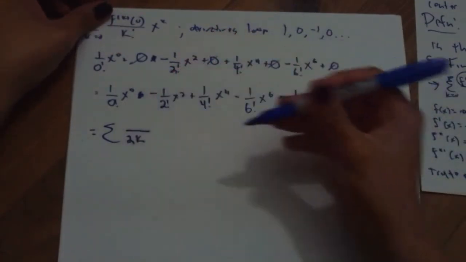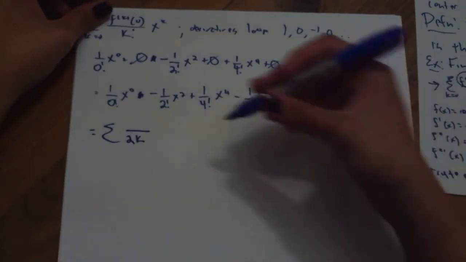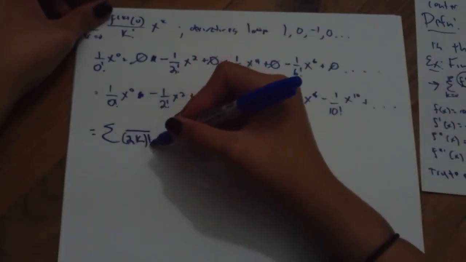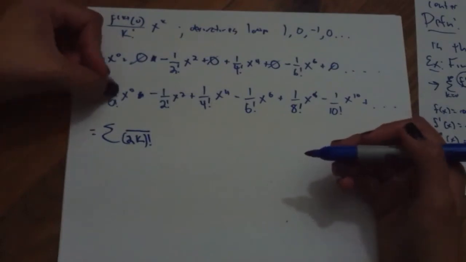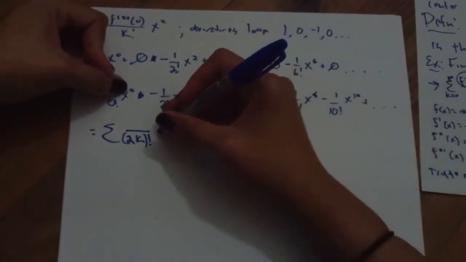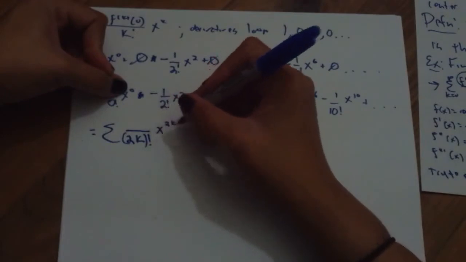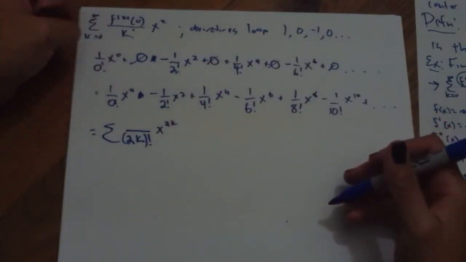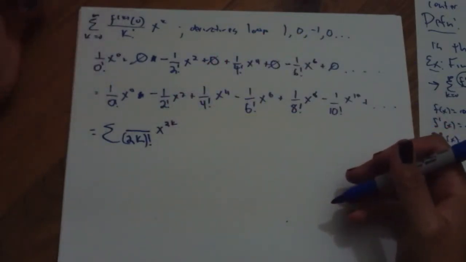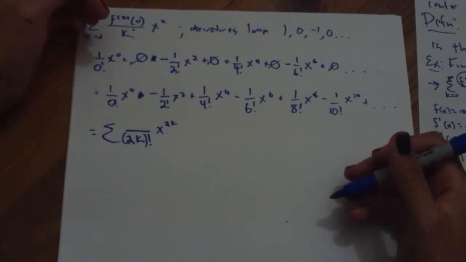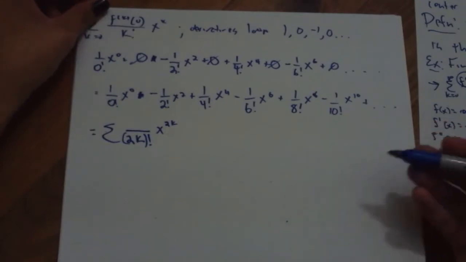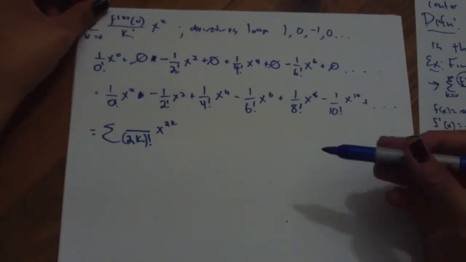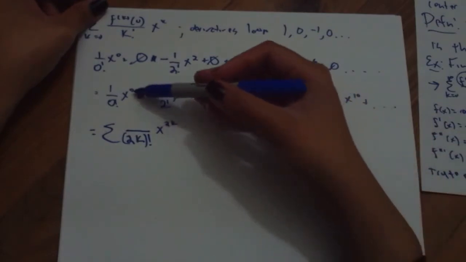I'm going to shove a 2k down here to make note that this has to be even every time. Okay, and the power on the x usually matches whatever that number is. Right? Now the last component here is there's either a plus or minus 1 up top. Well, let's think about where our indices need to start so we can make sure that we get the power on that straight. For me to get this first start term,